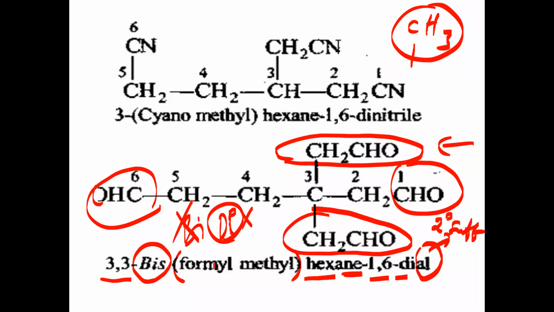So like this, 3,3-bis(formylmethyl)hexane-1,6-dial is the IUPAC name of this compound. Is that clear? So it's about 3,3-bis(formylmethyl)